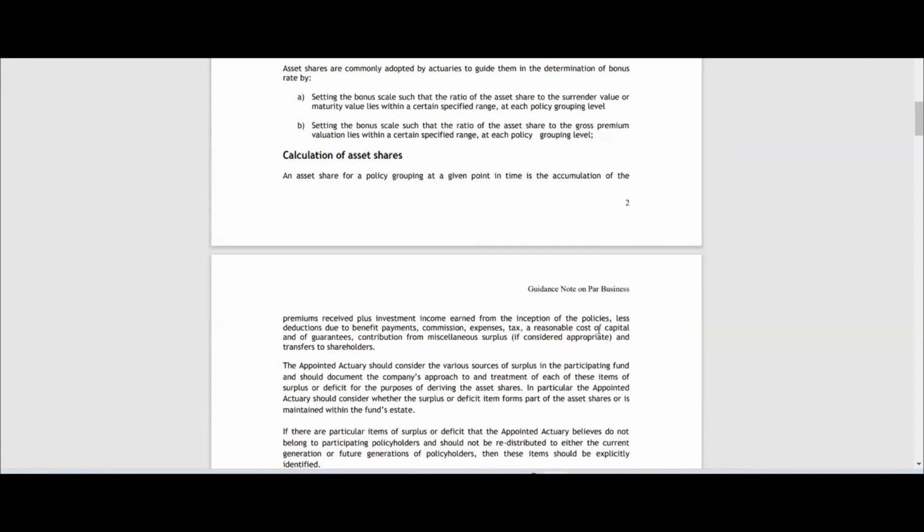Because there is a guarantee, we have to deduct it. We know that in the future we have to pay it. Because of that, we have to make provision for them from today, and we are providing that guarantee. So it's not correct to show the fund as 70 rupees, but it should be less than that. So that's why it will be subtracted, but it's a non-cash item, right?